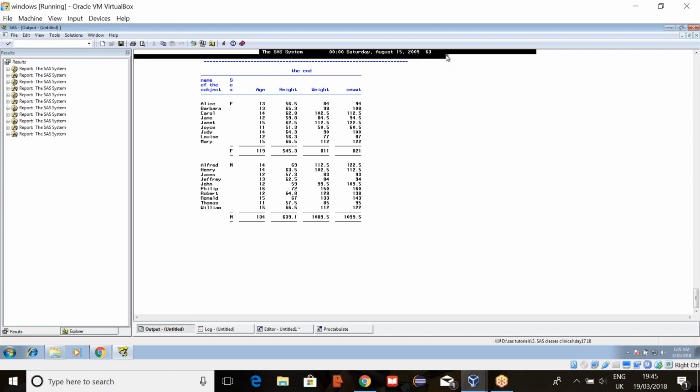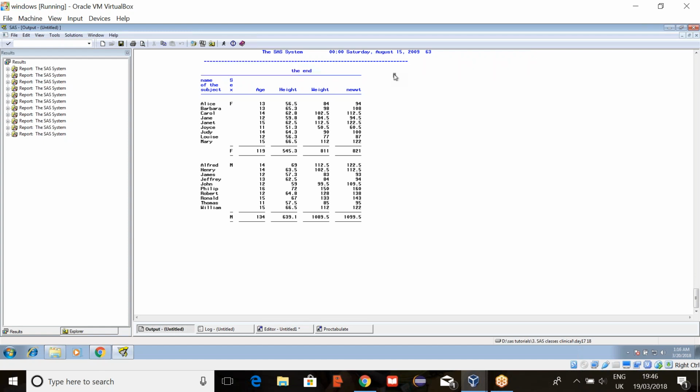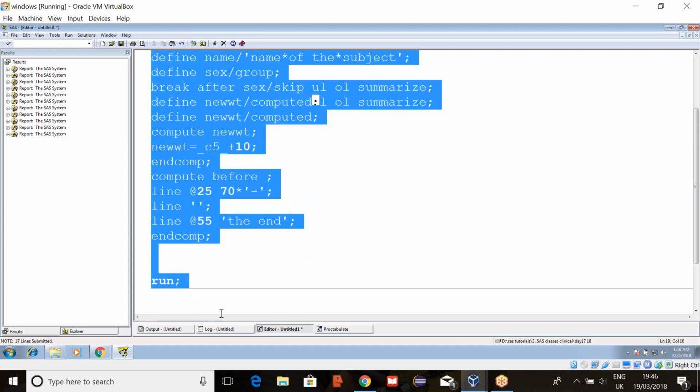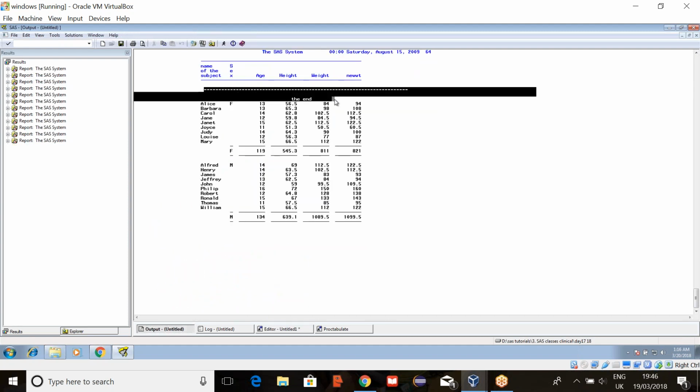We'll remove all these global options, and then whatever title we want, we can give that here. That is before page. If you just write page, then it will give you after the variable names, in between variables and observations.